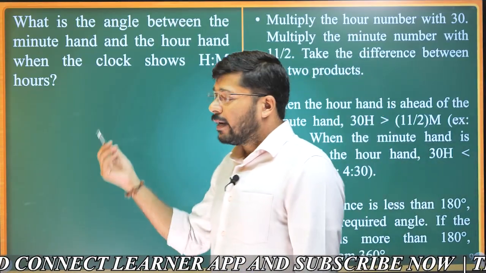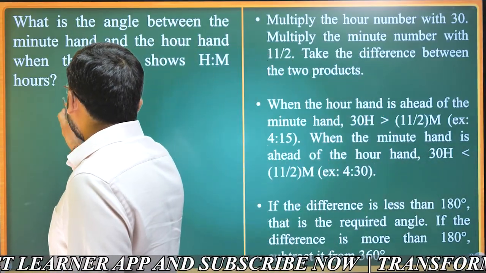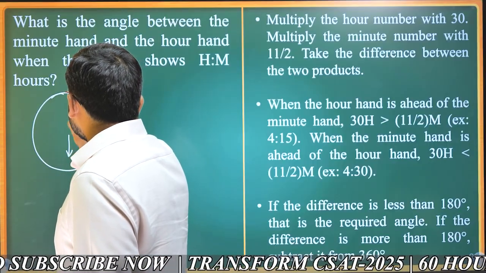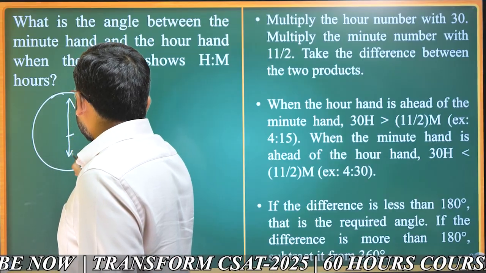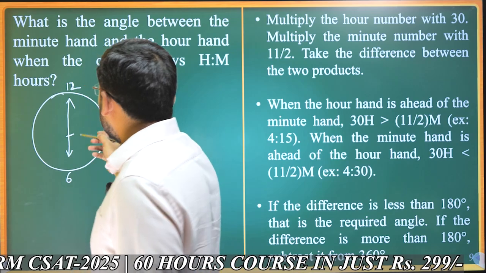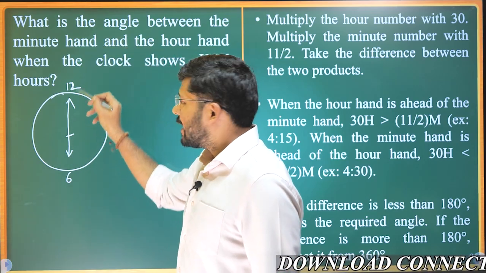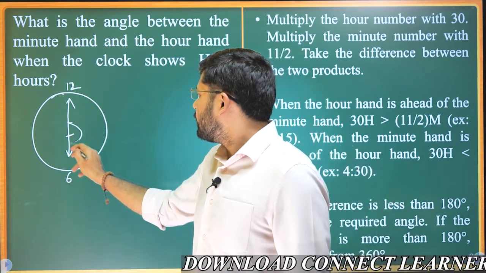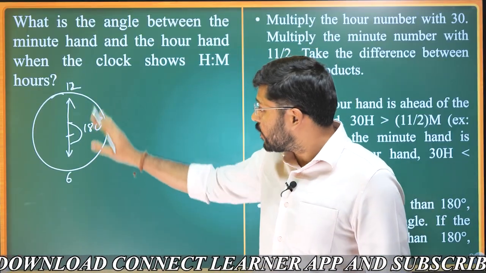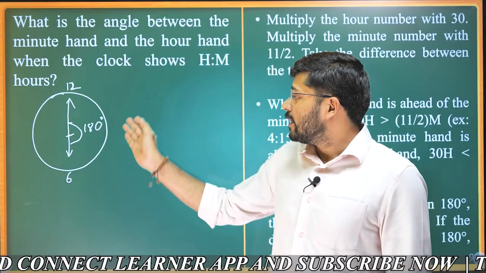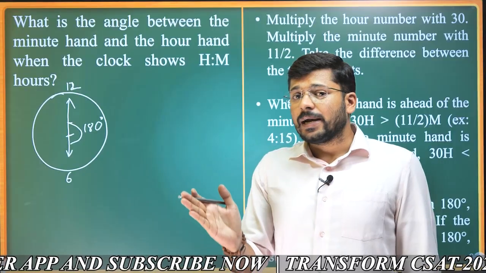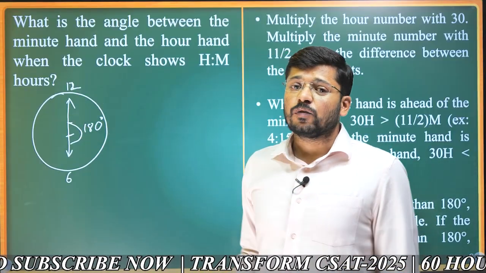For example, it might be anything. Let's take 12 o'clock, but 6 o'clock for example. When the time is 6 o'clock, this is how the clock will be showing, right? The hour hand will be pointing here and the minute hand will be pointing here. So what is the angle between them? It is 180 degree. So this is what we are finding out here. Angle between the hour hand and the minute hand. In the previous part 1, we talked about the angle made by either hour hand or the minute hand. Now we are talking about the angle between the hands of the clock.